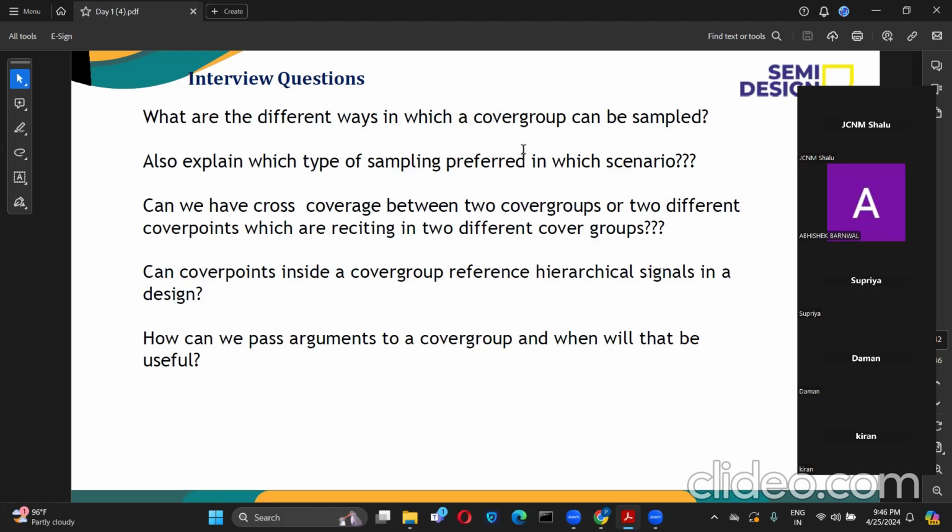Whenever there is a scenario where, for example, there is a signal called A which has to be continuously monitored, meaning at every clock edge we want to understand its behavior, it's good to sample at a clocking event, like positive clock or negative clock. If there is a scenario where we need not check at every clock edge, for example I2C read write,